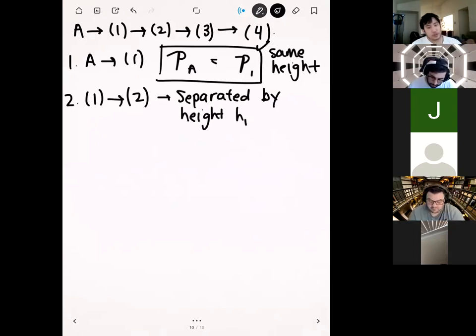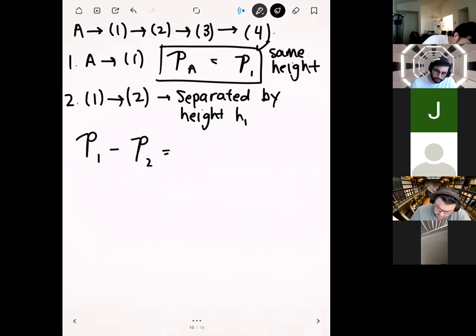Okay. And so since these guys have different heights, you know that they're going to be at different pressures. So let's use our formula from before. The numbering scheme is a little bit swapped here. Normally we have 2 on top, but this time we have 1 on top. So let's take that into account. So we have P1 minus P2 is equal to minus gamma times H1.